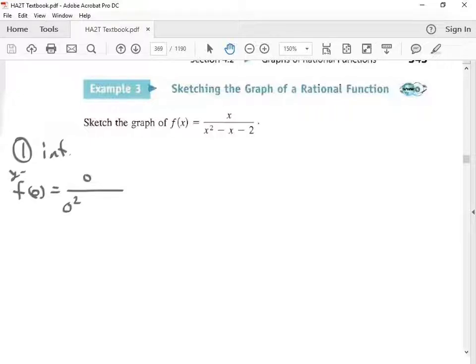y-intercept. Oops, I forgot to write that. Don't want you guys to get all lost. 0 minus 0, minus 2. We get 0 divided by negative 2. Hey, what's that? That's 0. All right, now to find our x-intercepts, what we're going to do is